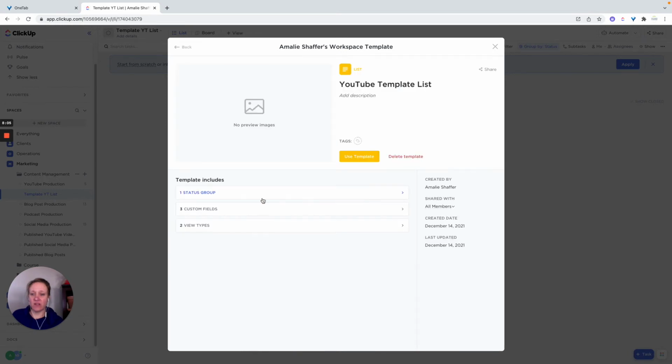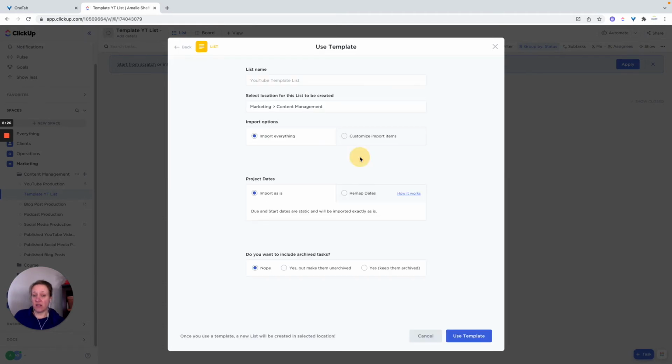So if I click on this, it's going to tell me everything that's being pulled over. So the statuses, the custom fields, the different view types. So the template actually pulls in the different view types. So the list, the board view that I already had applied here, it pulls in the custom fields and the statuses that I have set up. So if I just go ahead and do use template, it's going to ask me what do